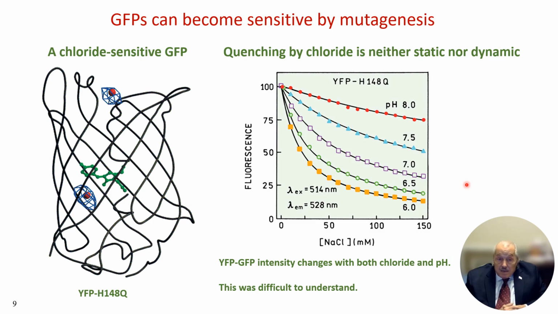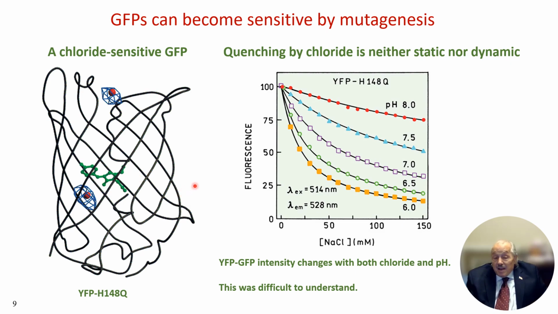Changing topics again, I'd like to talk about GFPs and how they can actually become sensitive or act as sensors. In general, the GFPs display a fluorescence which is really not sensitive to the outside environment at all. The fluorophore in the GFP is locked in this beta barrel. Usually the beta barrel protects the fluorophore completely, and it displays pretty much the same spectral properties wherever it is,